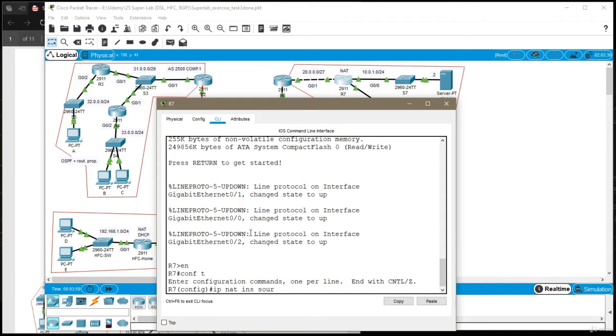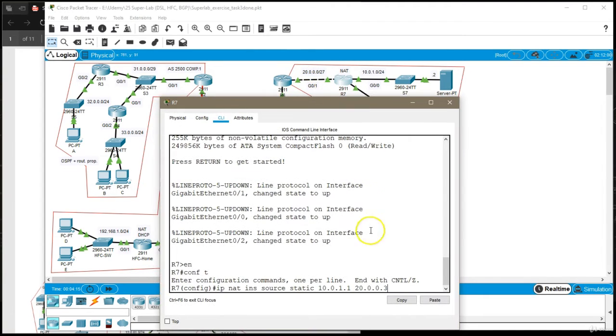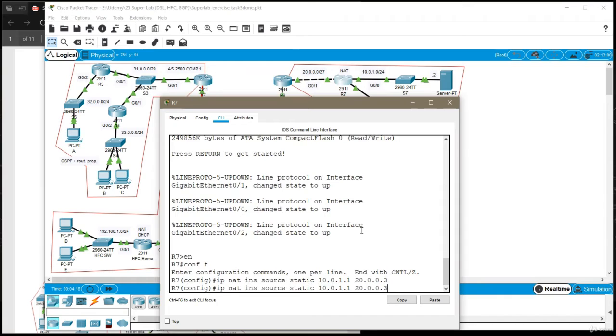IP NAT inside source static. We're translating 10.0.1.1 into 20.0.0.3. That's the first available IP address. We used 1 and 2 on router interfaces right here, so we will use 20.0.0.3, and then we'll use 20.0.0.4